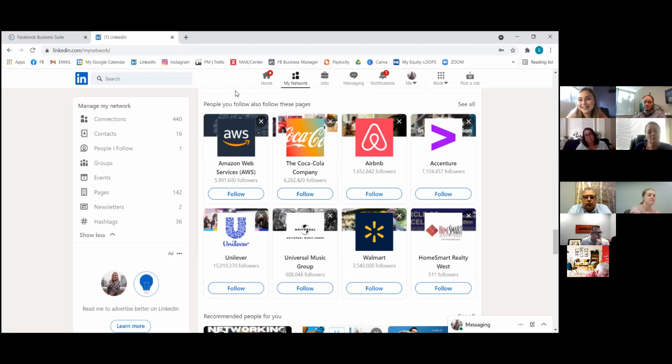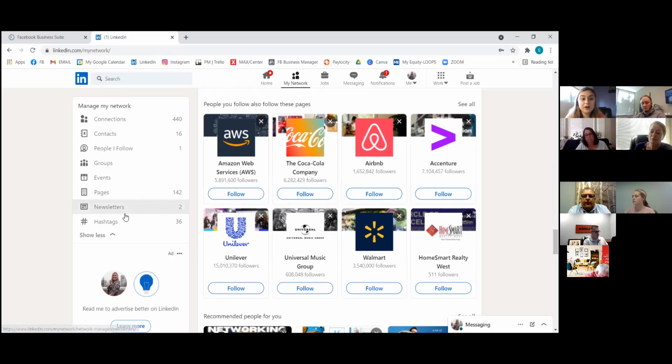If you are a huge Amazon person, follow Amazon. They're not going anywhere, right? So go through these things, and anytime you can highlight others in your post, like giving a shout out to a local service or local vendor that you frequent, that's good too in terms of building your audience.